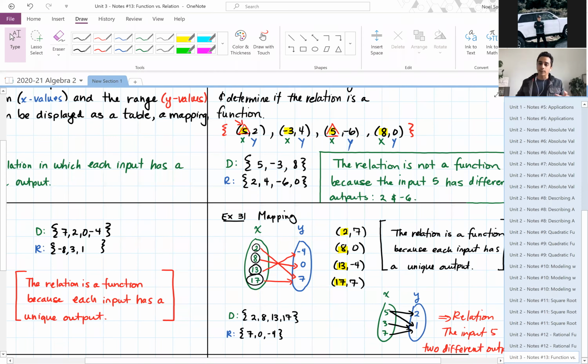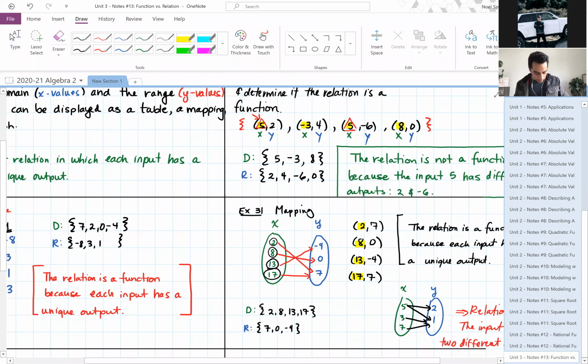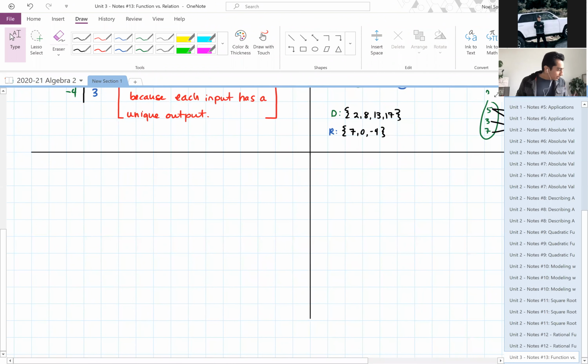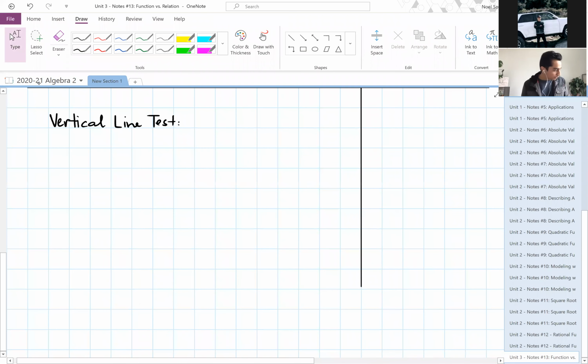I've seen it happen a lot where anything you get, you turn it into a graph and then use the vertical line test. It's not wrong, but it's only one way of thinking, right? You want to think about it in multiple ways. All right, but here is the vertical line test. So here's another definition. Okay, so the vertical line test is a test to determine